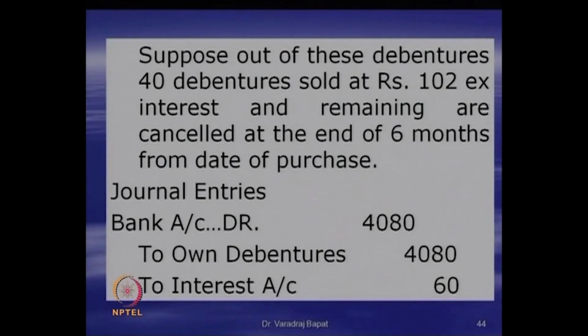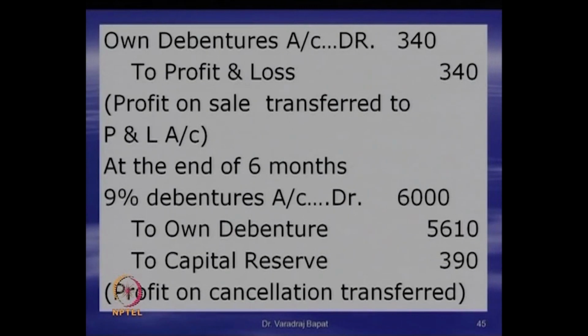So, 102 minus 93.5, this is the profit we have earned. So, we get a profit of 340 on those 40 debentures. So, own debenture account debit 340 and P&L account credit 340. Now, the last entry, at the end of 6 months, when the debentures are cancelled,